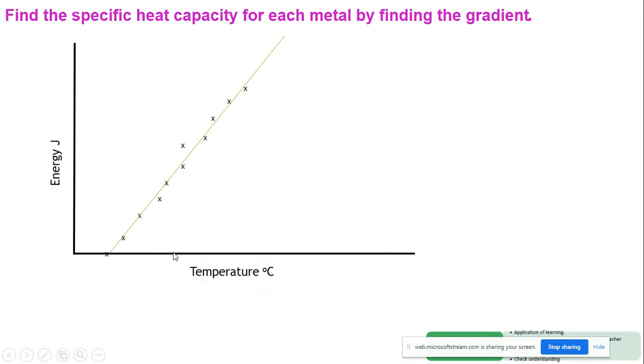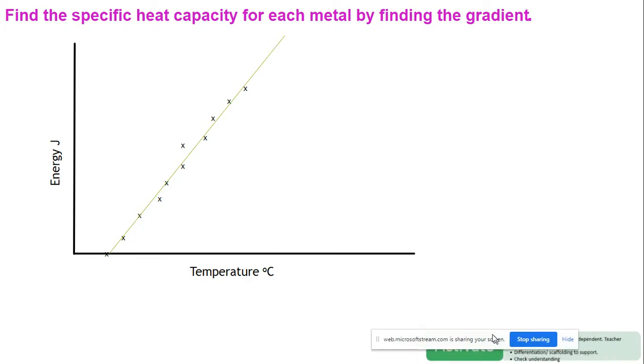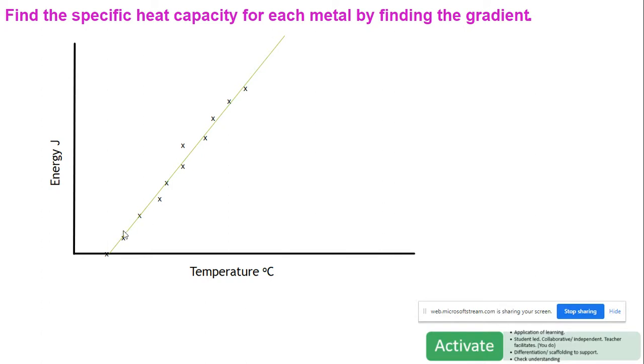So unpausing. Once we have our graph plotted, that's where it's there. So I've plotted my points and notice that when the energy was 0 input, this is my first starting temperature. I think that was 22. So I've plotted my points and then I've added a best fit straight line and drawn that like that, okay,